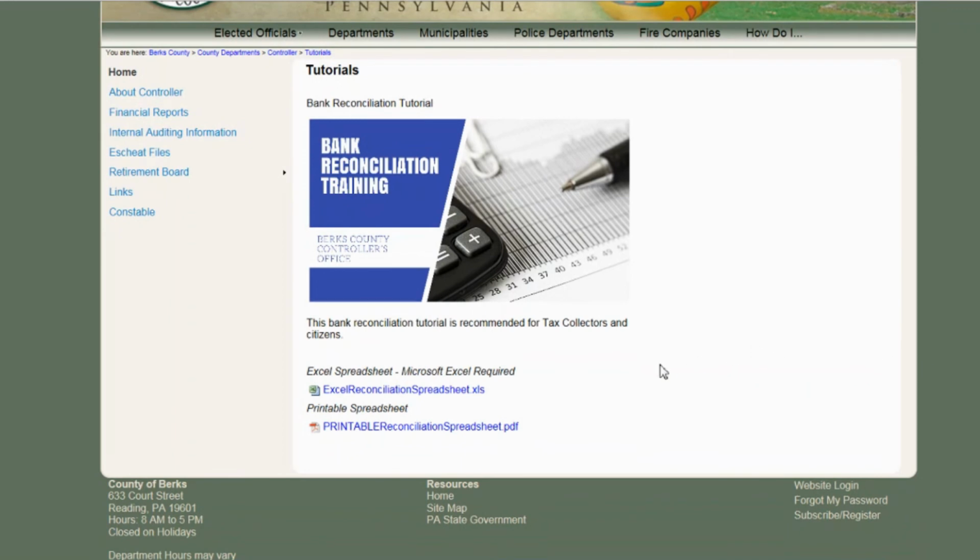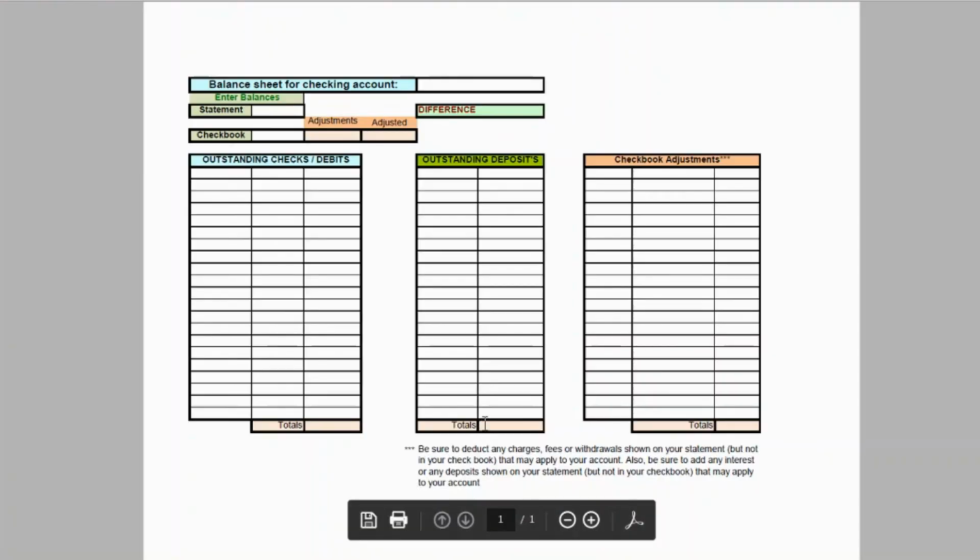have another version, which is a printed copy that you can actually print out and do. However, you'll need to do some addition and subtraction on there, but we're going to give you a little guide at that front page that will give you a sample of how to do that so you can keep it for